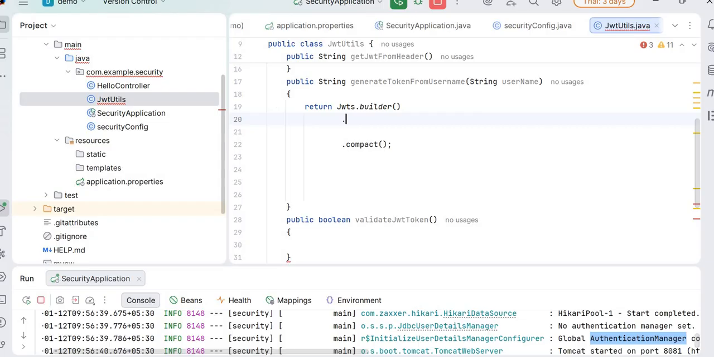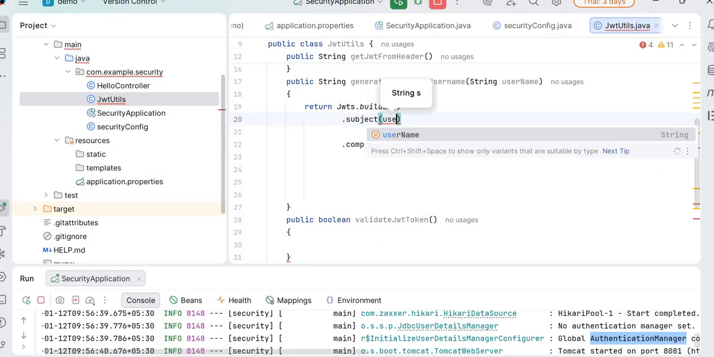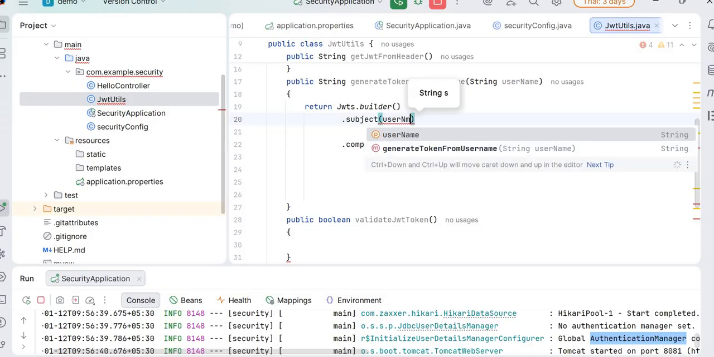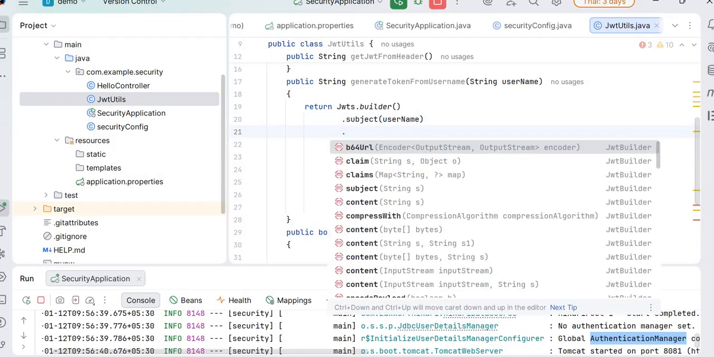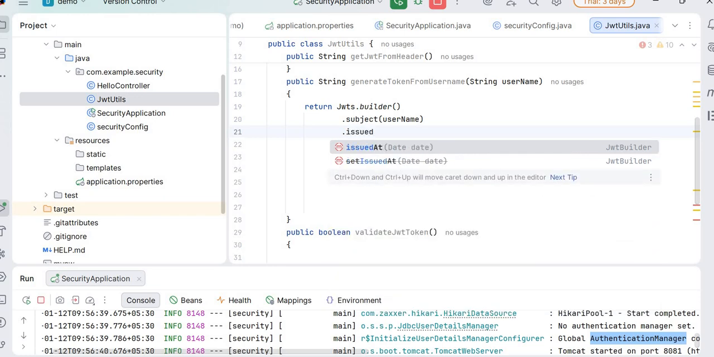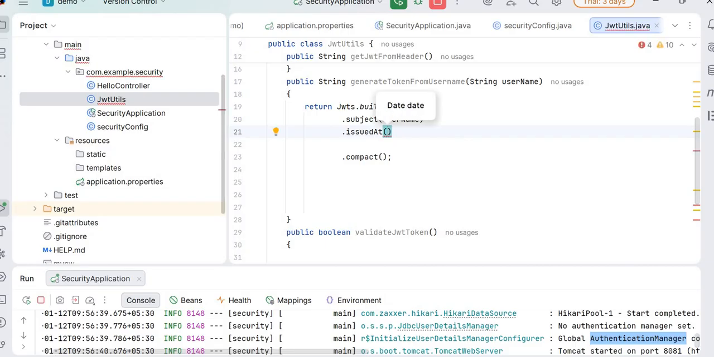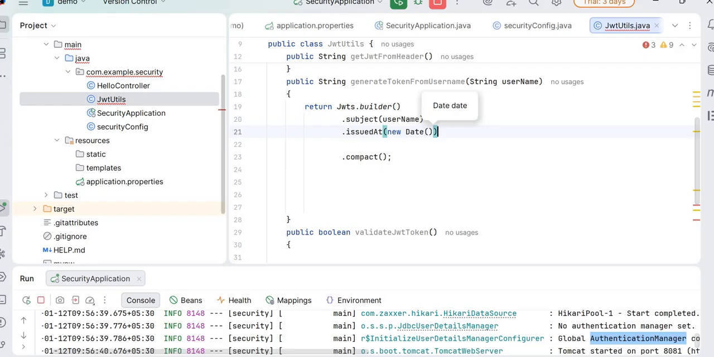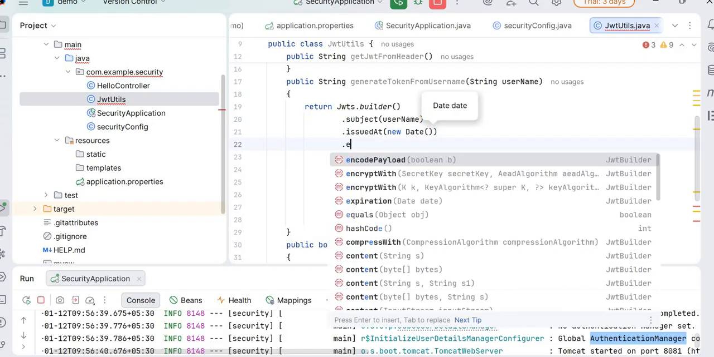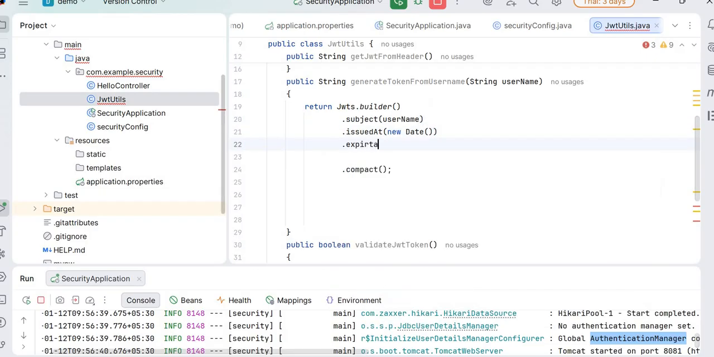Or you can write it from the beginning, like subject. I'm writing a little bit fast because I already wrote it. So the username you have to give, like which username is there, and at which date we have issued the token. So issued at, new date you have to give, and what is the expiration,